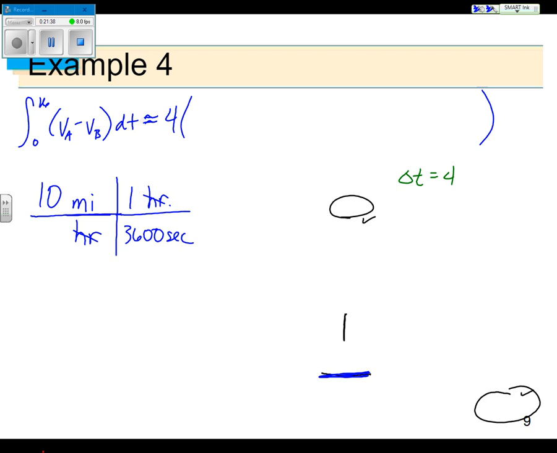So if I'm changing everything to seconds, I'm going to take one more step and get rid of my miles and change it to feet, because the difference in the cars after 16 seconds isn't going to be a matter of miles, it's probably going to be a matter of feet. There are 5,280 feet in a mile. I know that thanks to Remember the Titans. So if I do this math, 10 divided by 3,600 times 5,280,